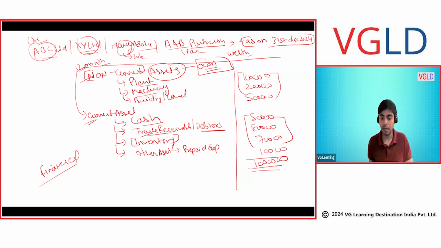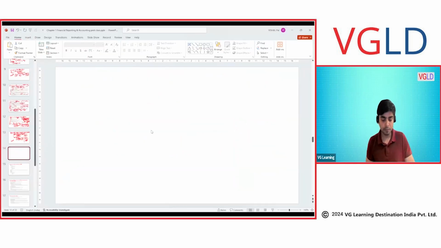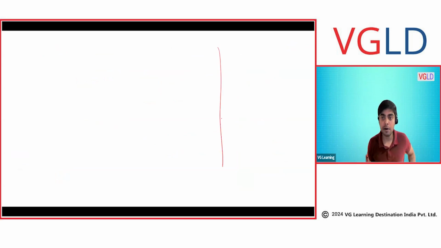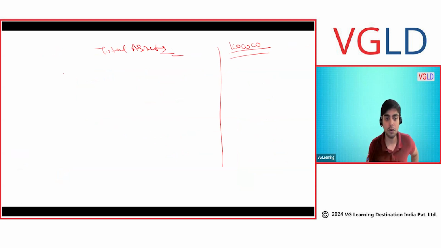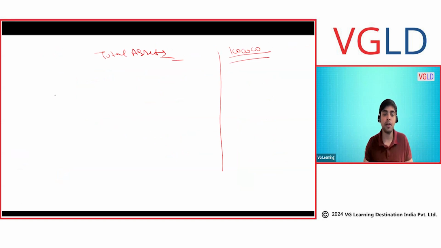Actually this page is short, so I'll just draw another one. Now just continuing from above, we had 10 lakh as a total for the assets. So let me just write total assets. This was the total asset. Now what I would show you is what my equity is. What equity is, and can anyone help me? Equity or capital?